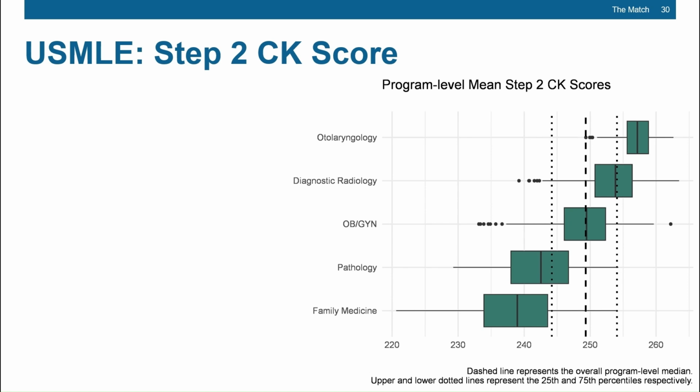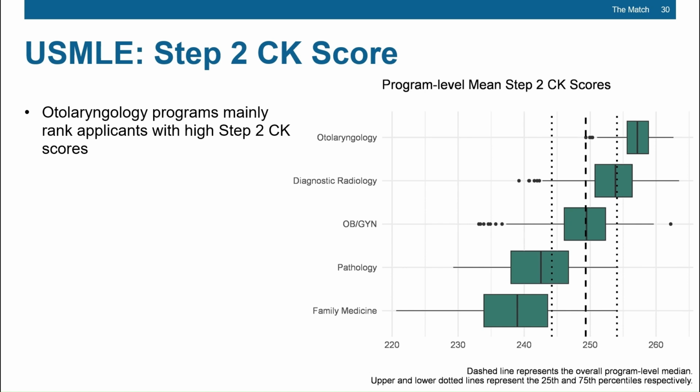Based on this figure, we observe that otolaryngology programs mainly rank applicants with high Step 2 CK scores. Further, you can see that it is a very narrow green box, which shows that it has a very concentrated distribution, with the mean for most programs varying between 250 and 265.